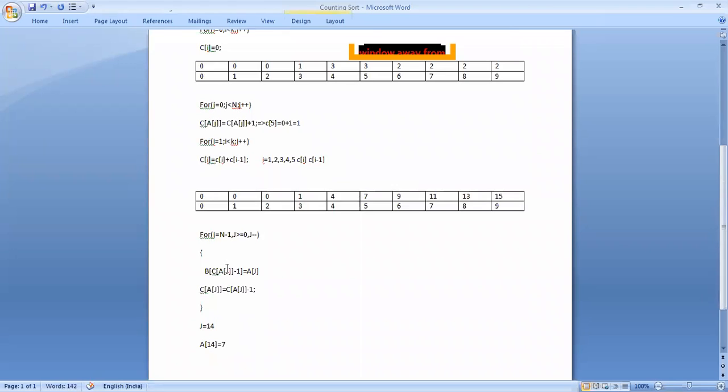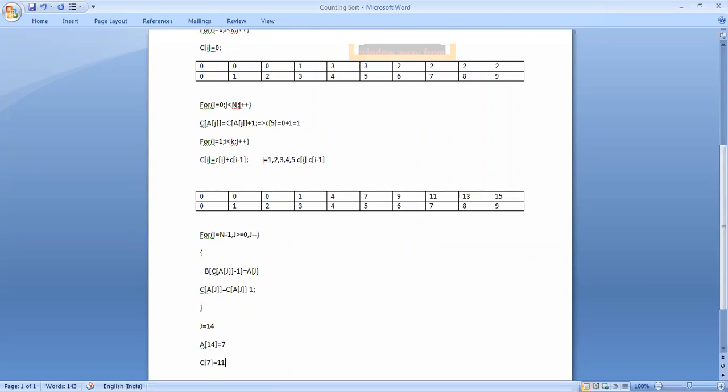Okay. So now again we'll calculate C. If you check here B, C, within the C, A[j]. So A[j], that means A[14] value is 7. Now what is the value of C7? So you see here, check C7 means 11. C7 means 11.